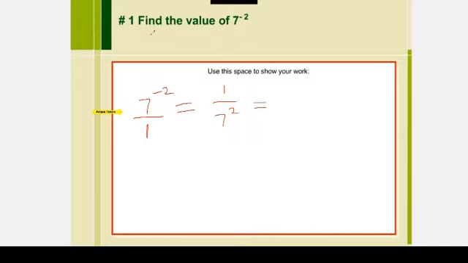Now it is easy. As it is find the value, you can simplify it again. If the instruction is to write in terms of exponent, you can leave it as 1 by 7 squared. As it is find the value, you can go ahead. You know very well what is 7 squared. Write that here. That's all. So 1 over 49 is the final answer. You understand it, right? Let's proceed.